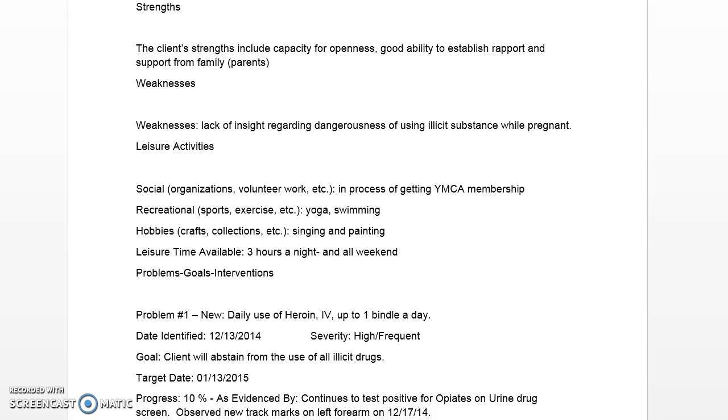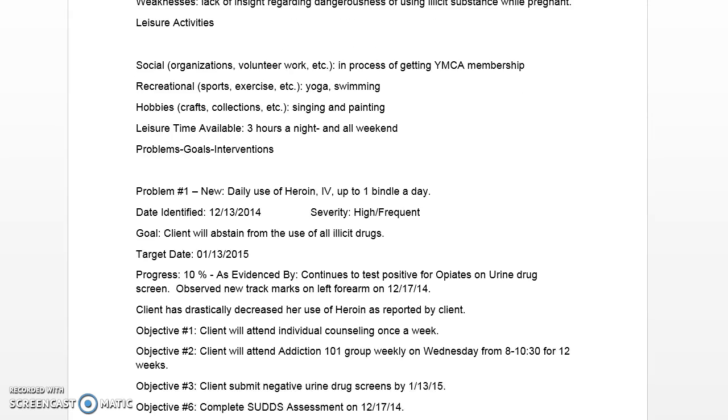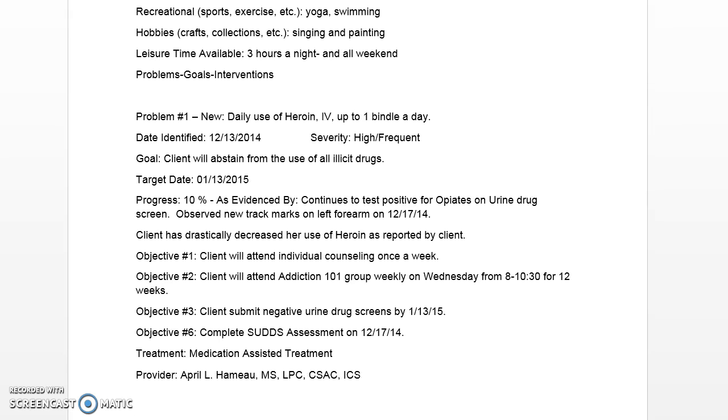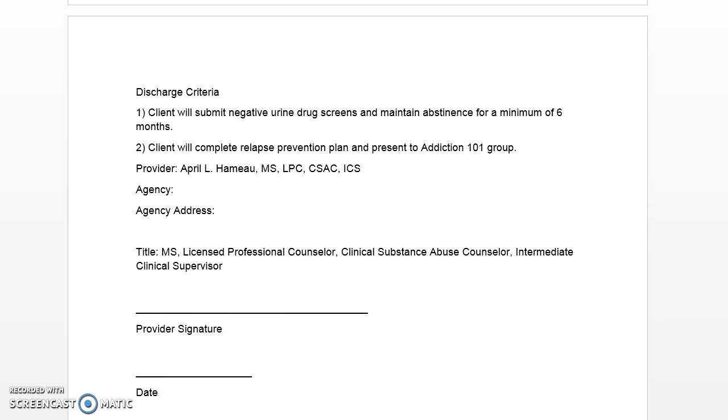You'll identify social, recreational, hobbies, leisure time activities, and then the problems, goals, and interventions section is where you will put their treatment plan. So you'll talk about what their treatment plan was prior to discharge, whether they completed those goals, whether they're still working on them, so where they're at in the treatment process. So you should be able to copy and paste this right from your treatment plan review. You'll identify their discharge criteria,